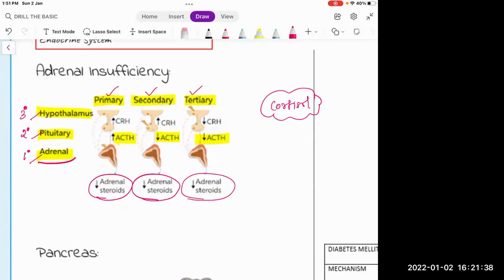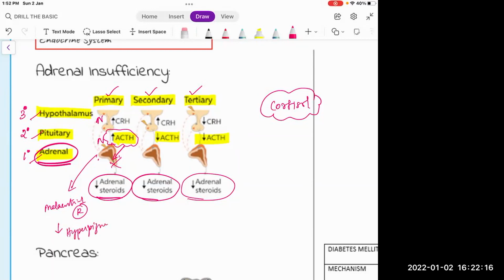In case of primary, if the cause is adrenal, CRH will be normal, ACTH will be normal, but this ACTH is acting on the adrenal gland, which is the place that is defective. So steroid is decreased. Then what will happen to all this excess ACTH? This will get deviated and act on the melanocortin 1 receptor on the skin, leading to hyperpigmentation. This is encountered only in primary